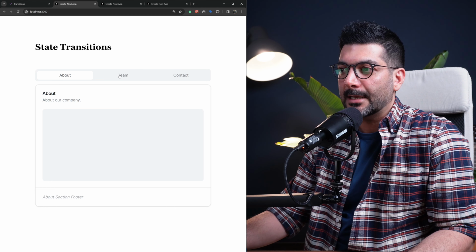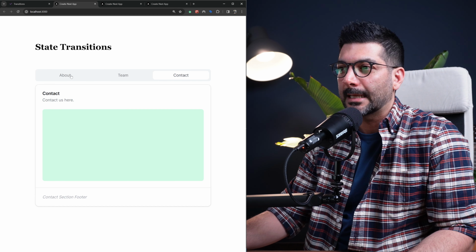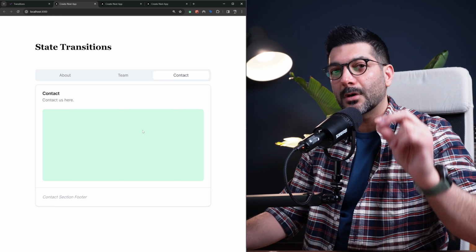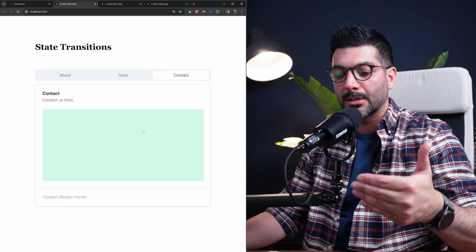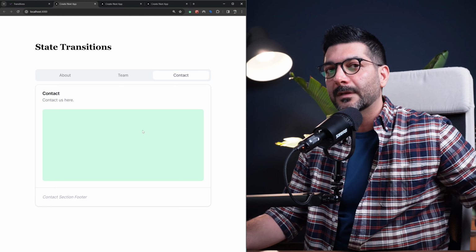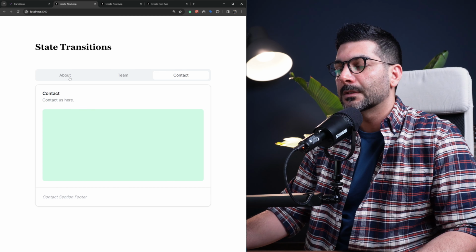So let's see this in action, team and then immediately contact, and it just immediately changes to the contact. I'm going to do it again, team and then contact. It just interrupts that state update because it is marked as a transition, which is not going to block the UI. So it stays responsive even when a re-render or a state update is happening,